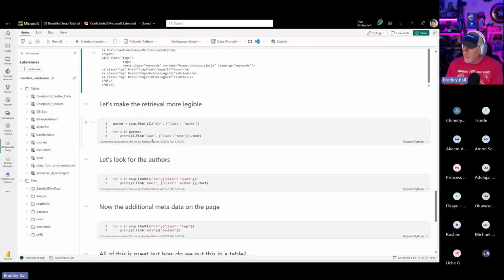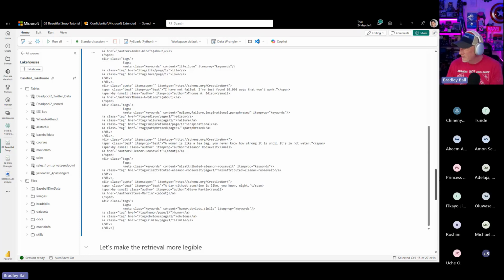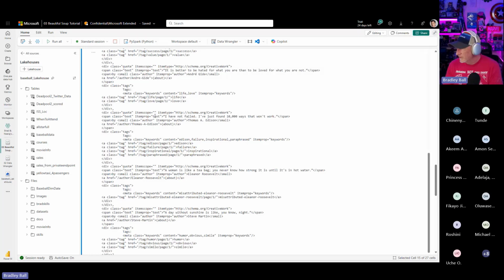What I need to do is a loop throughout quotes and then look specifically at the span class text. Because if we come up here and look at one of these quotes a little bit closer, you can see it's in a span. The class is text. And then inside of here, I have not failed, I've just found 10,000 ways that won't work, by Thomas Edison.